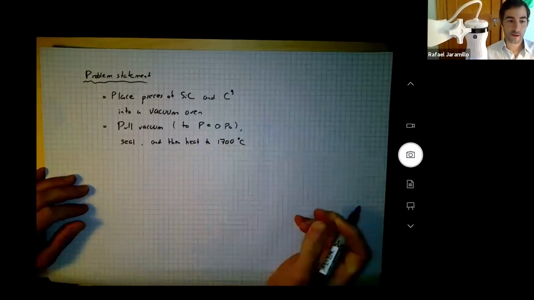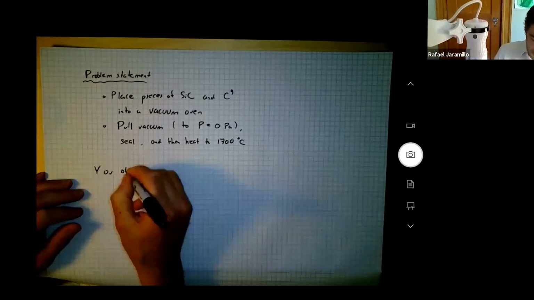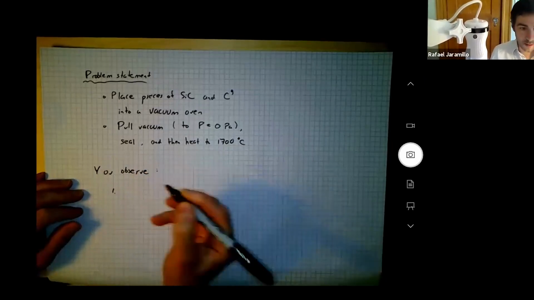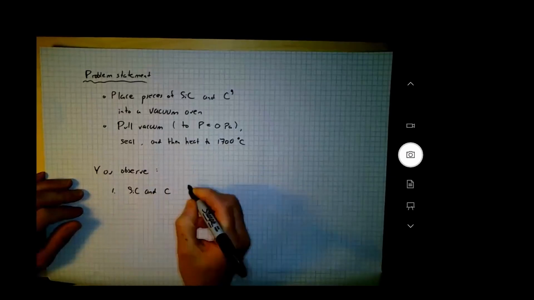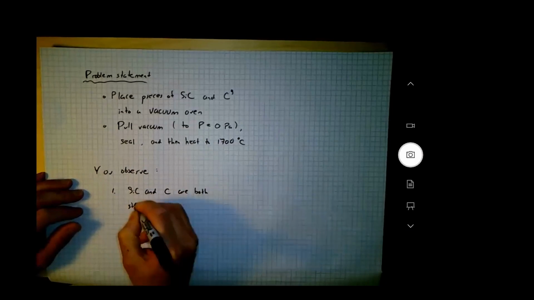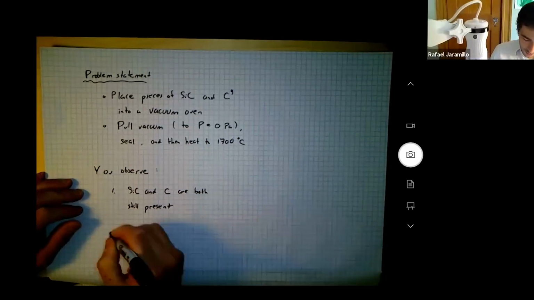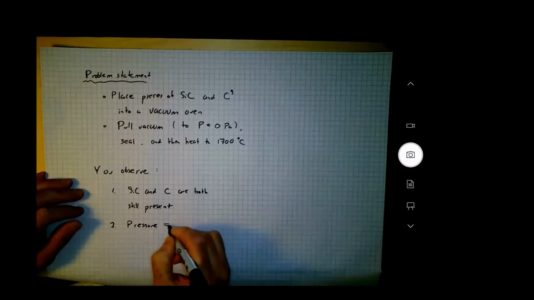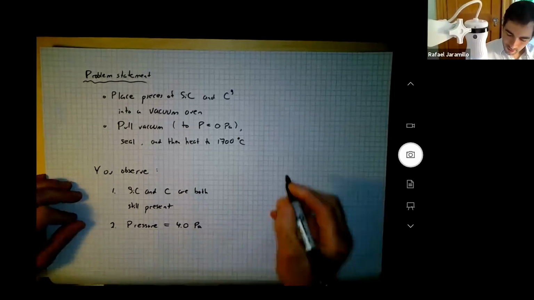To 1700 C. Okay. You observe two things. Silicon carbide and carbon are both still present. You also observe that the pressure is 4.0 pascals. So let me draw this